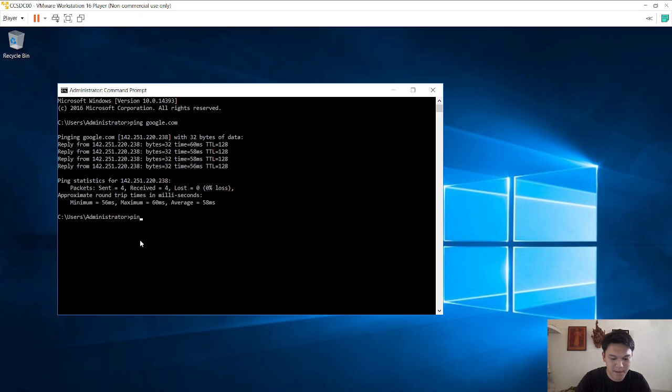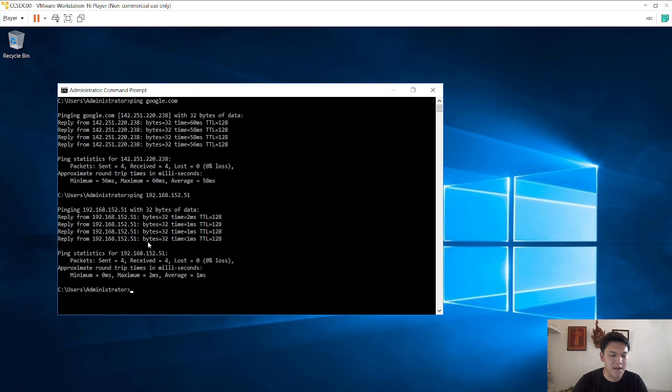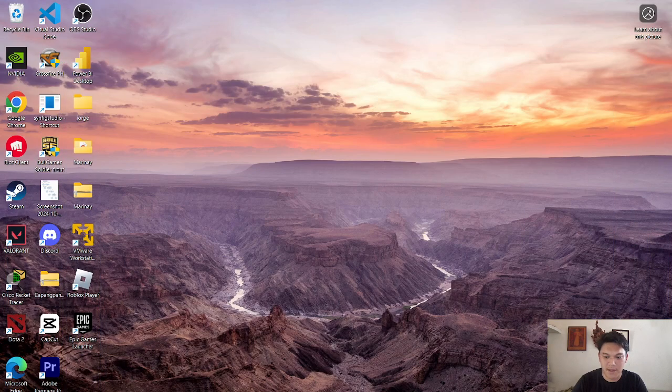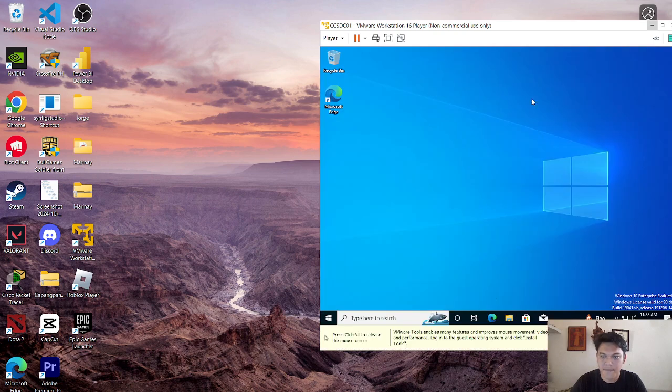And ping 192.168.152.51. This is the reply from the other computer, the other VM.